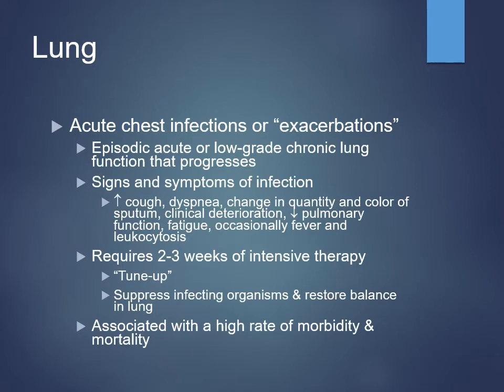All right, so if they're having these kind of acute exacerbations, these acute infections that are happening here, you're going to find that they'll have low-grade, chronic lung function issues that will slowly progress and get worse over time, but they will have these symptomatic acute episodes that pop up, and this is most often what they're coming into the hospital for in a lot of cases. You'll see things like a lot of dyspnea, cough, occasionally some fever and leukocytosis, but when they come in,